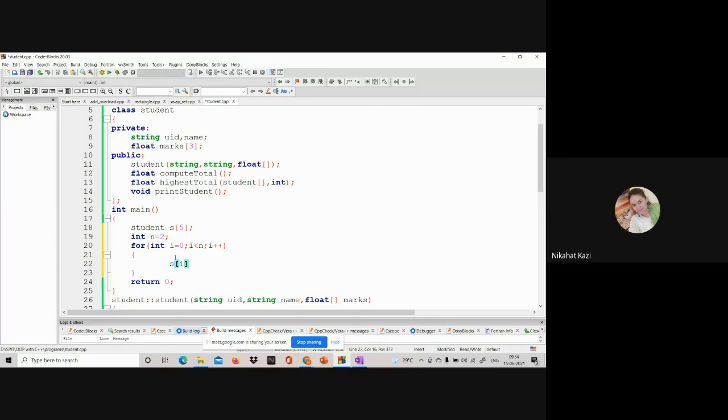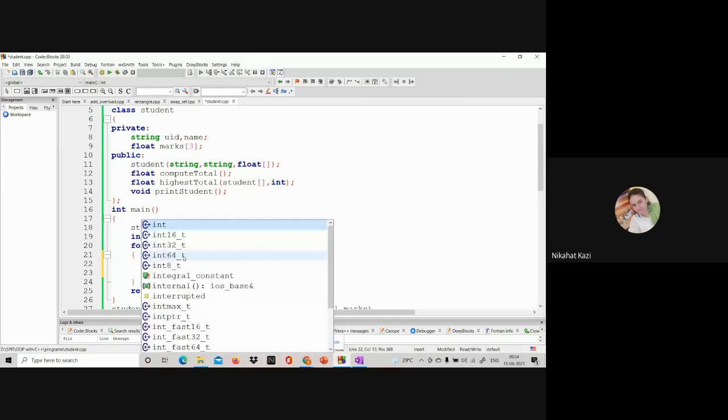Can I say S of I is equal to student with these values? So first of all, let me read the values. What are the values? The name, the UID, and the 3 marks I have to read for each student.